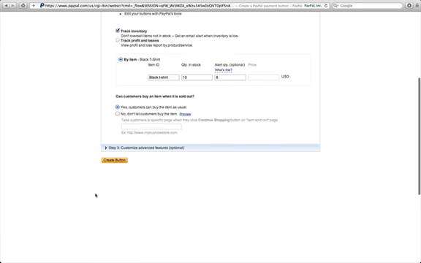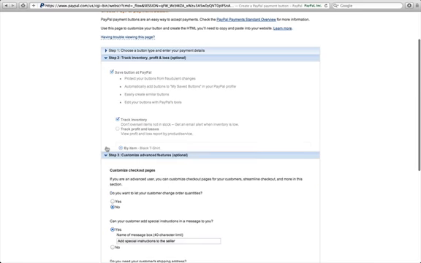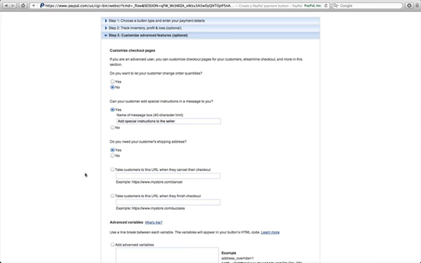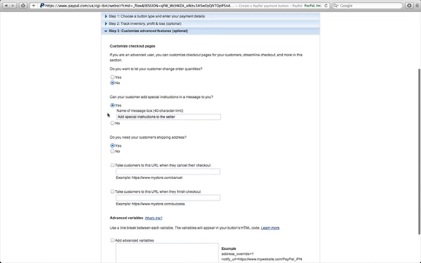So this next section is customize advanced features, and this is another optional section. And the first question, it says, do you want to let your customers change order quantity? So maybe someone wants to buy 5 t-shirts instead of just the one, and you would just select that here. And if there's any special instructions, maybe you're making a custom t-shirt and you want something embroidered on the top,